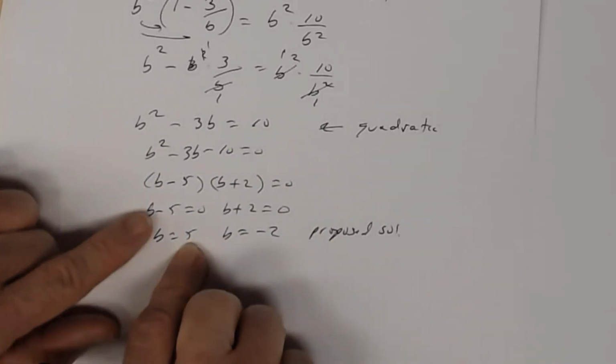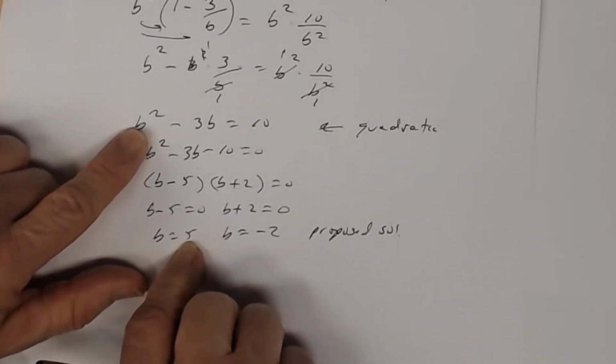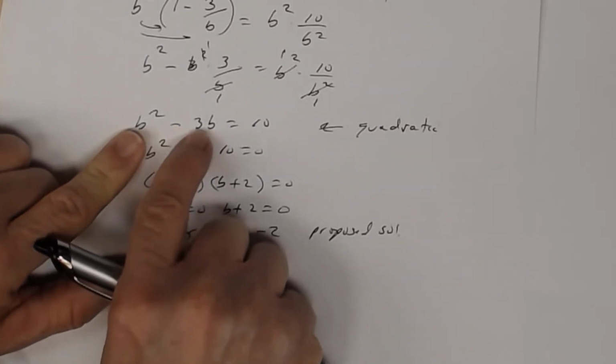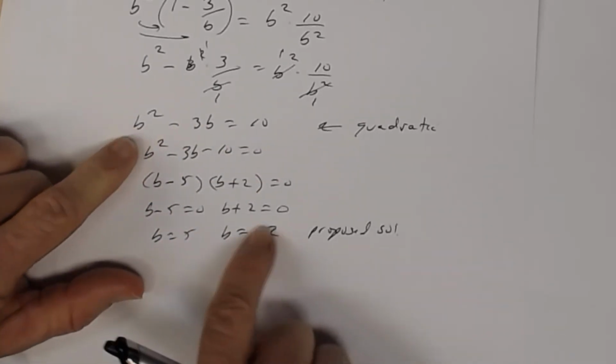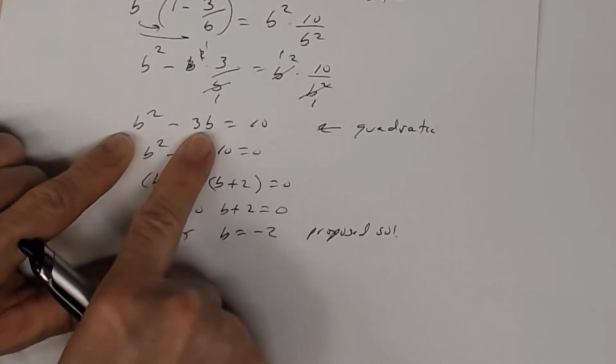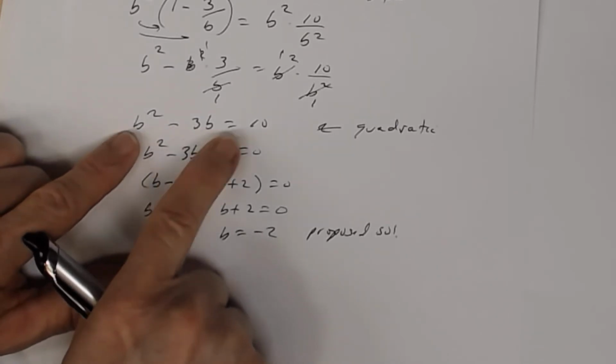Let's try 5. 5 times 5 is 25. 3 times 5 is 15. 25 minus 15 is 10. Negative 2. Negative 2 times negative 2 is 4. A negative 3 times a negative 2 is a negative 6, a positive 6 rather. 4 plus 6 is 10. But